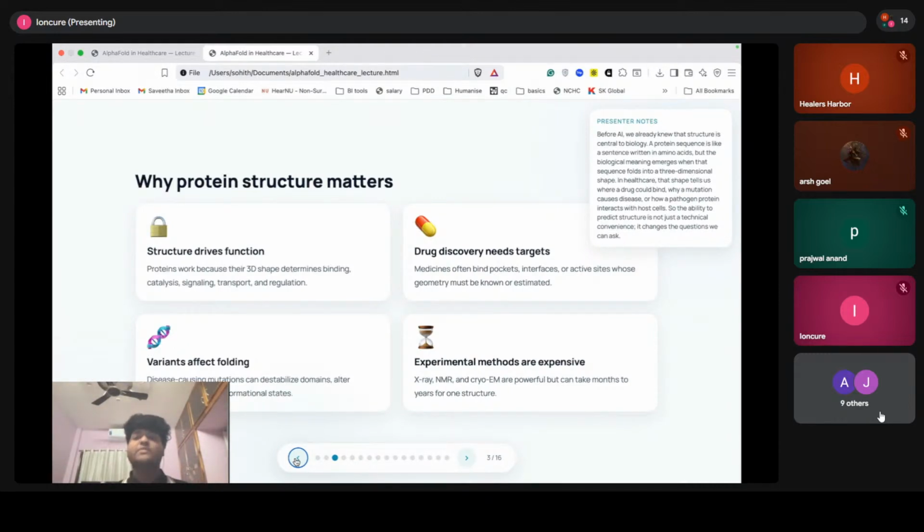So that shape tells us where a drug could go and bind, and why a specific mutation in that chain causes diseases, and how or why a pathogenic protein interacts with the host cell. So the ability to predict that structure is not just a technical convenience, but it changes the questions we can ask, because the